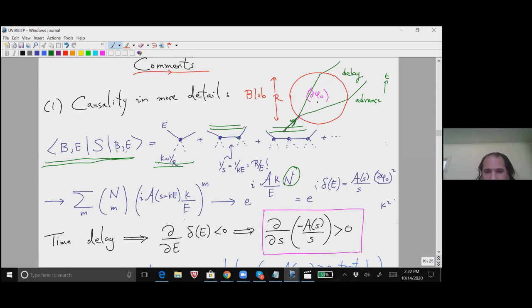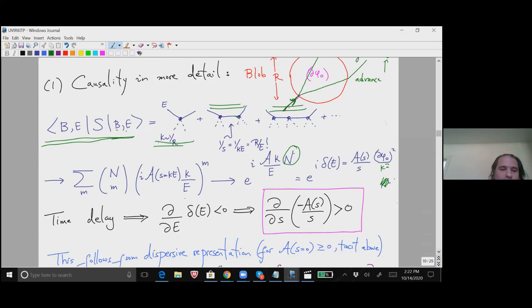The energy fixes n, and when all the simple dust settles, you find that this phase is a of s over s times d phi naught squared over k squared. So that then tells you that the time delay should be negative. In order to have time delay, that means that the derivative with respect to the energy of this phase shift should be negative. And that tells us that d by ds of negative a over s over s should be